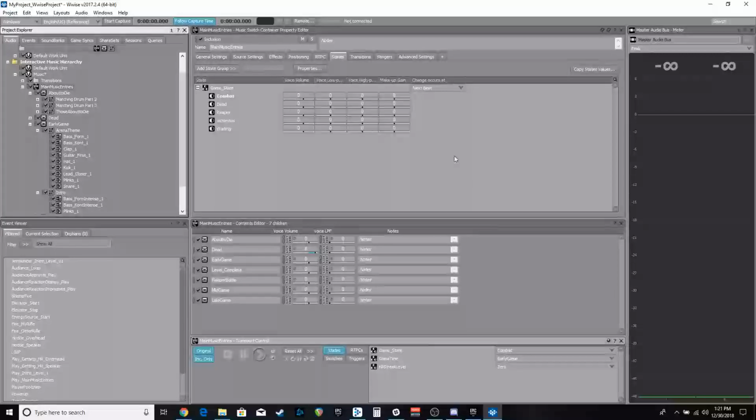So you can hear that I not only am using the music switch container to switch between the types of music, but also using states to manipulate the volumes of instruments within each of those playlists in order to give even more variability depending on what's going on. I could alternatively just create new playlists that include those instruments while removing others, but at the moment this is kind of how I want to do it, because if I really wanted to, I could then utilize these game